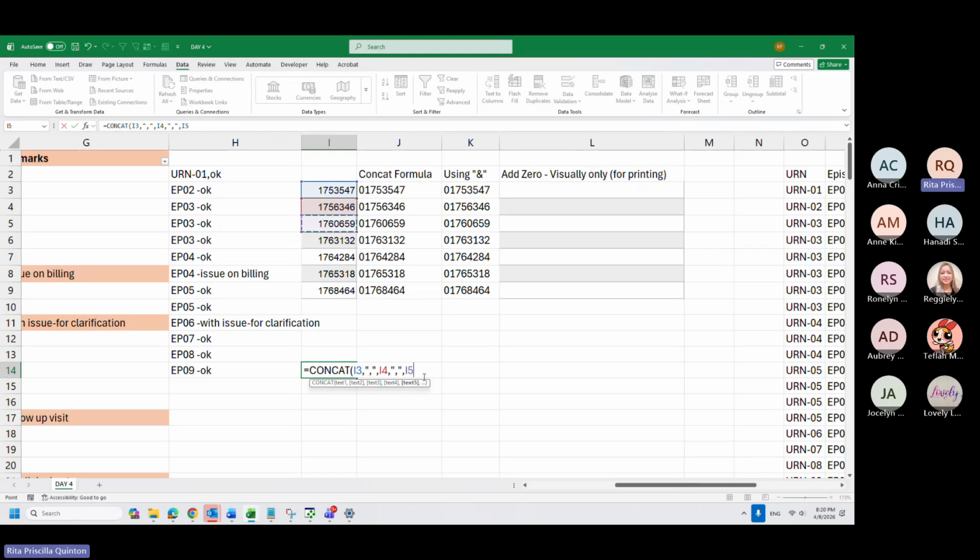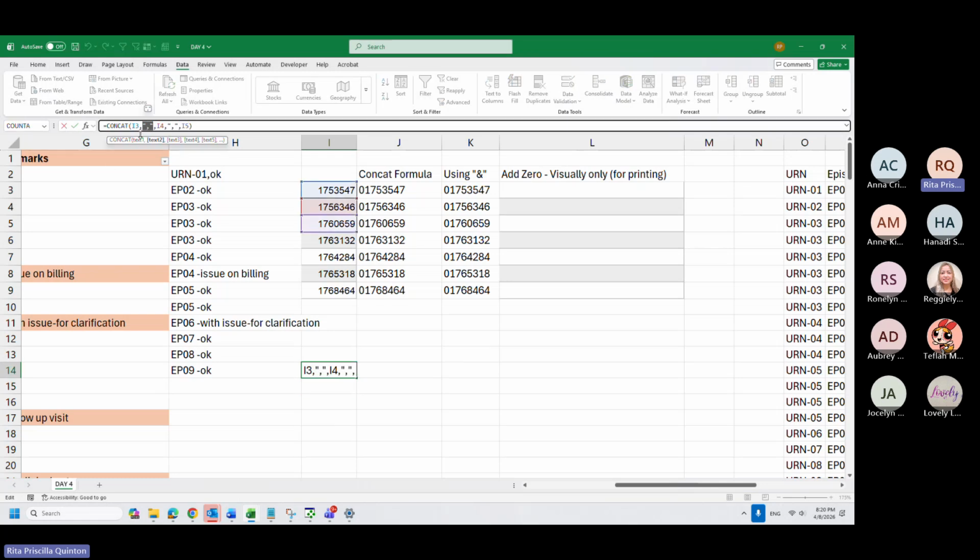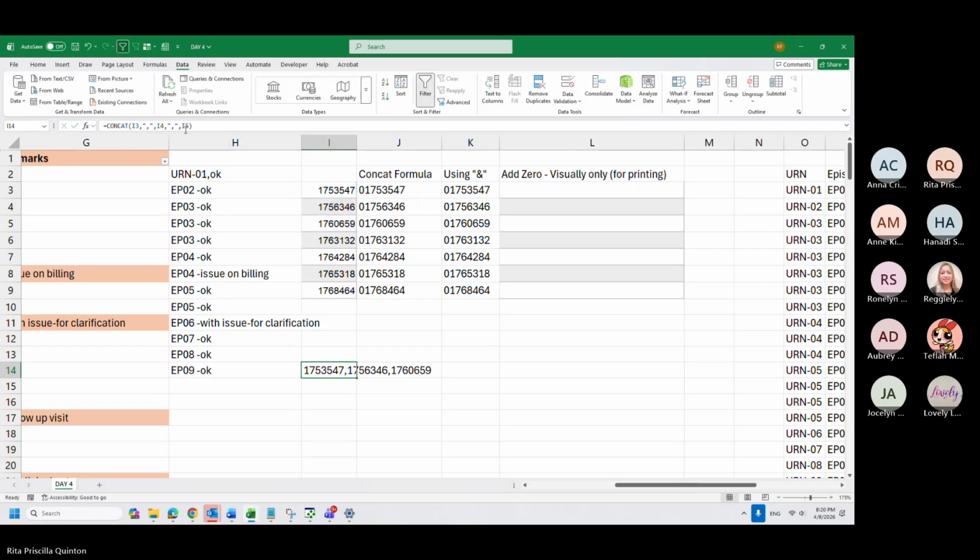Now I become confused already, to be honest. So I got the three. This is the basic way. In the more advanced way, since I know that this is constant, I can make it absolute. I will just keep this comma here.